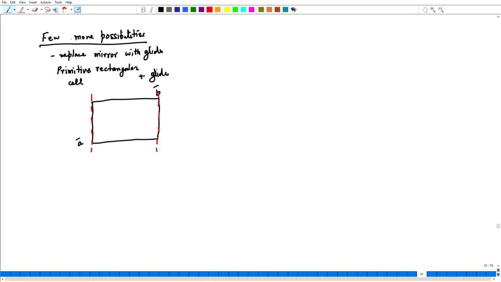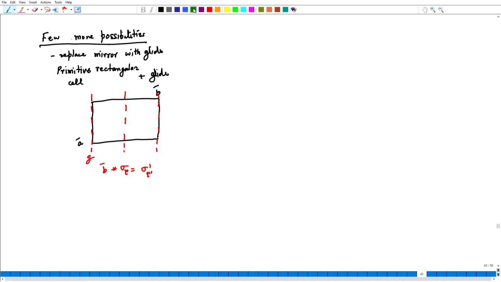If I call this G, the result of glide followed by translation B would give me another glide plane sigma prime tau, and its location is going to be exactly midway, and it will operate just like the mirror. One could very easily see this.